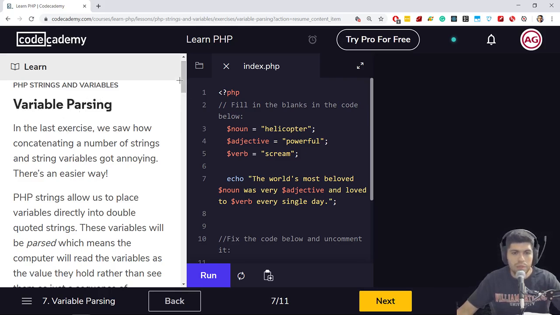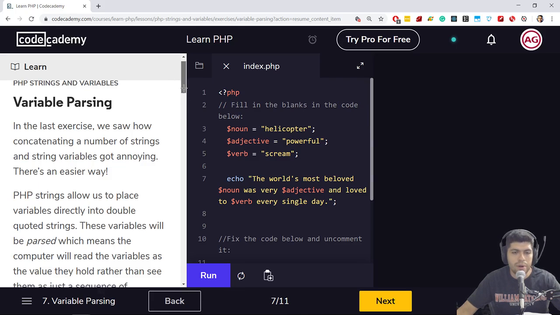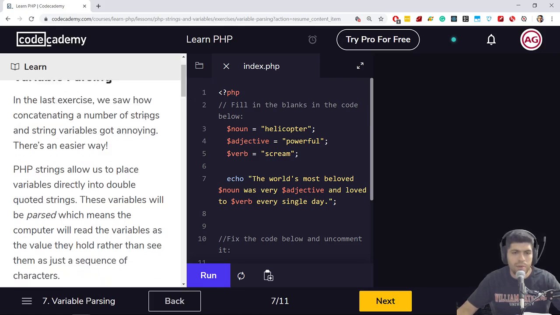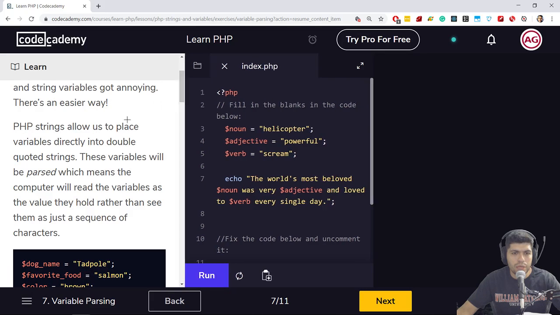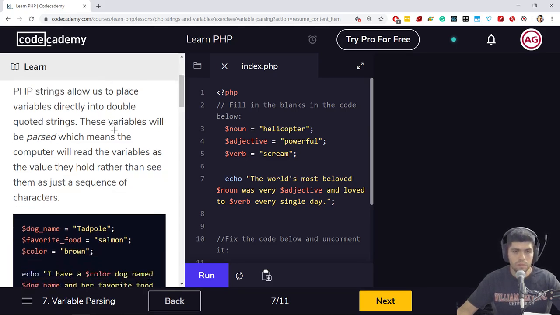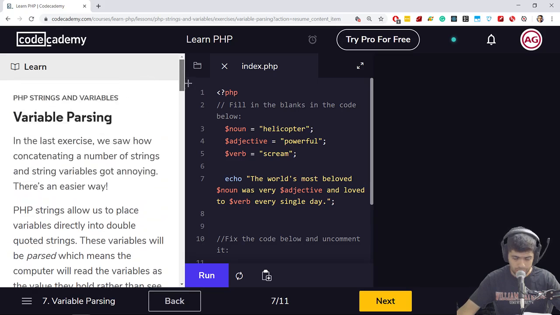Okay, let's read. Variable parsing. In the last exercise, we saw how concatenating a number of strings and string variables got annoying. There's an easier way. PHP strings allow us to place variables directly into double quoted strings. These variables will be parsed, which means the computer will read the variables as the value they hold rather than see them as just a sequence of characters. Okay, actually, this is very important